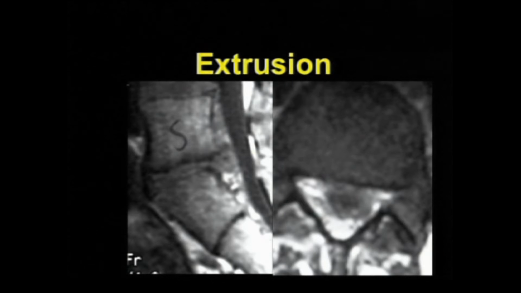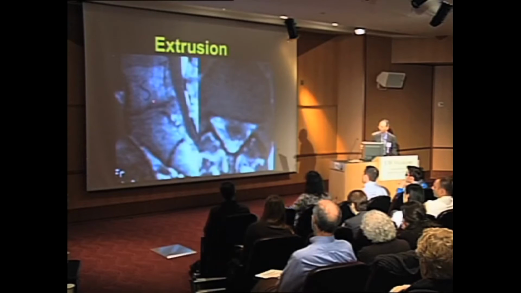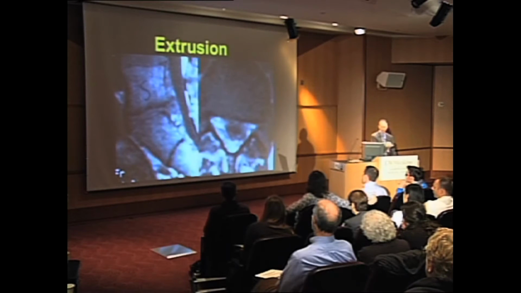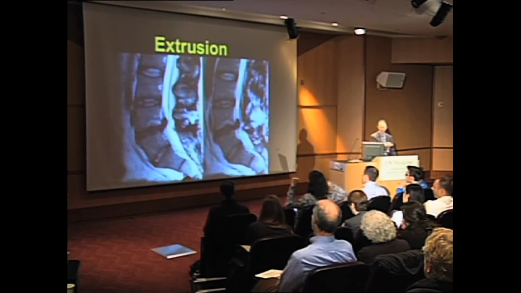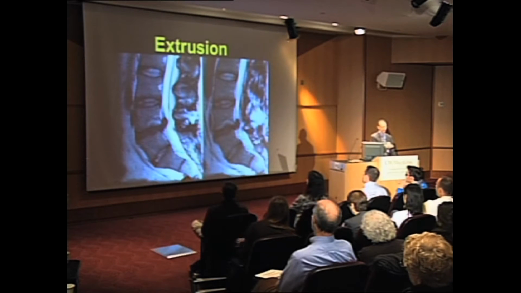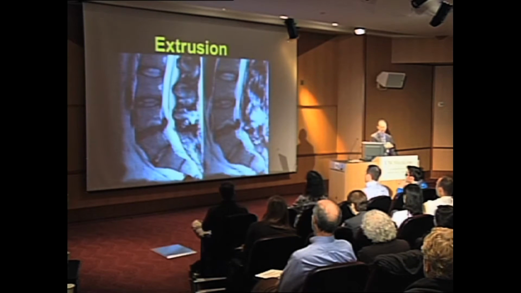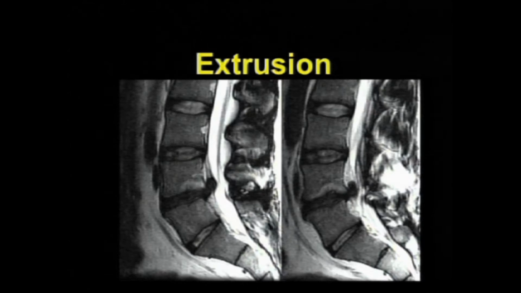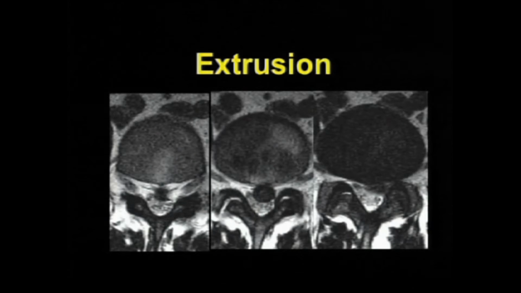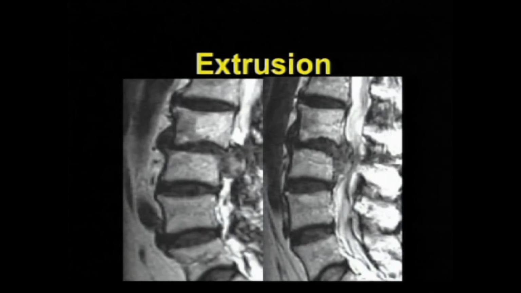Disc extrusion, again, the largest diameter is not adjacent to the parent disc. So you often see these well in the sagittal images. Here is the largest diameter of this extruded fragment, and the neck that you can see associated with that. You're all familiar with this; there are myriad examples of extrusions. If the extruded disc material is no longer connected to the parent disc, then you have a sequestered fragment, and those, of course, can migrate. And here is a very large disc extrusion.